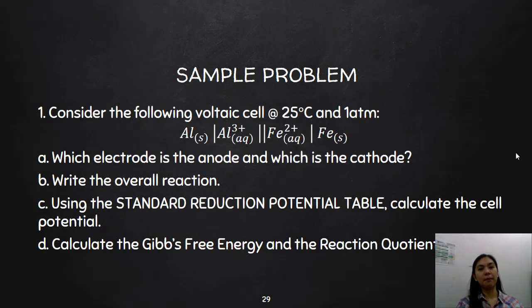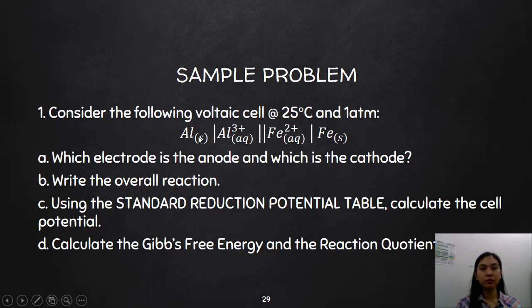So, let's have a sample problem para maintindihan natin tsaka magamit natin yung ating cell potential equation, yung inyong Gibbs free energy equation, and of course, yung Nernst equation. So, number 1, consider the following voltaic cell at 25 degrees Celsius and 1 atmosphere. This is actually your standard condition, 25 degrees Celsius and 1 atmosphere. So, we have on the anode area, kasi voltaic cell, di ba, I mentioned earlier na pag voltaic cell, kung ano yung nauuna, siya yung anode, siya din yung oxidation, tas kung ano yung nasa kabilang side, that's your reduction,